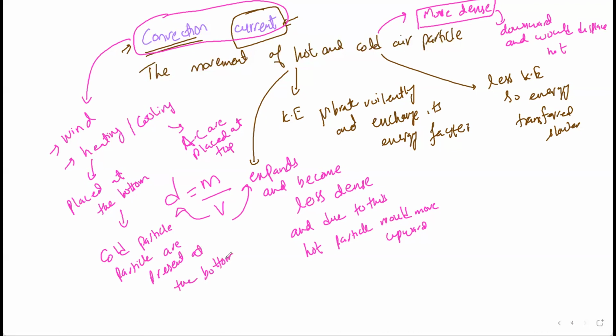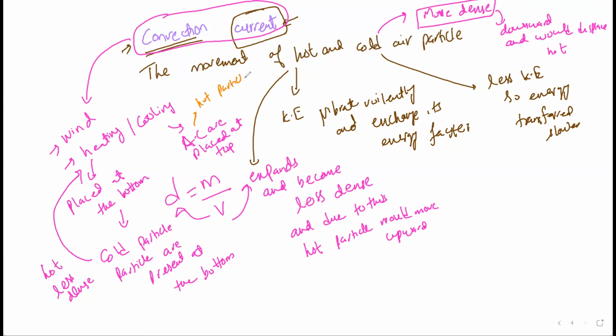So when the cold particles come in contact with the heaters, they become hot and less dense and move upward. Eventually, when all of the cold particles are heated, the temperature of the room will become higher. On the contrary, when we're talking about AC, air conditioners, we know that hot particles are present